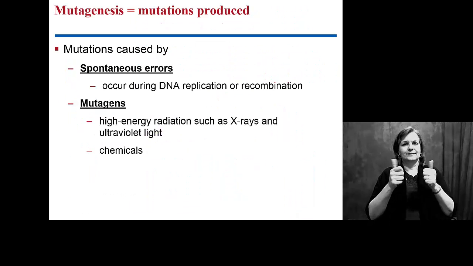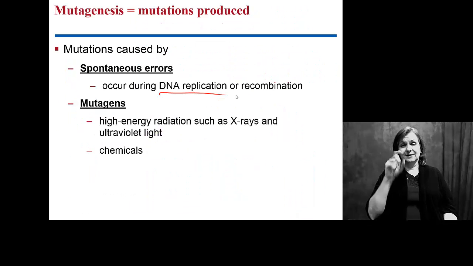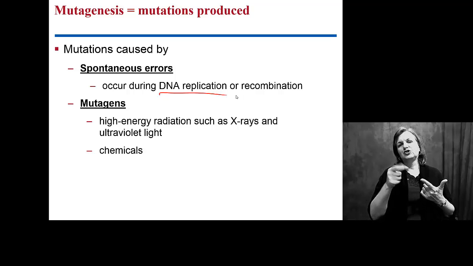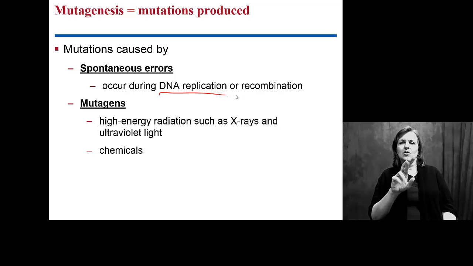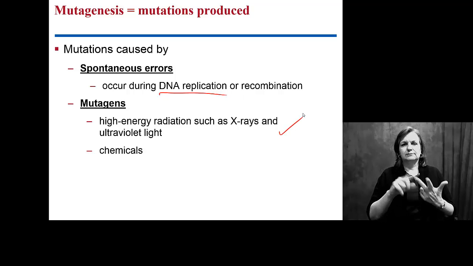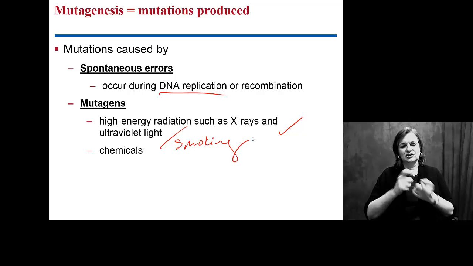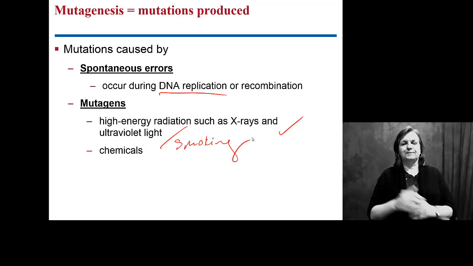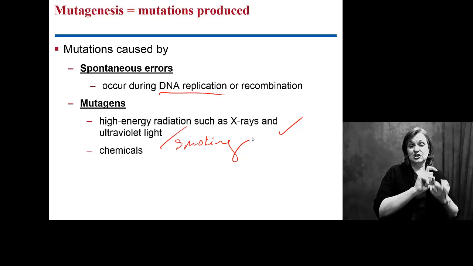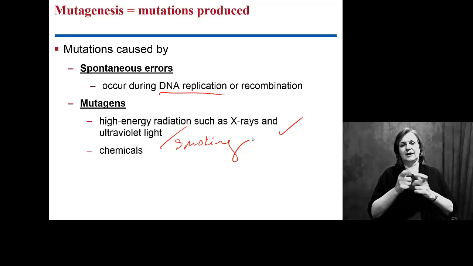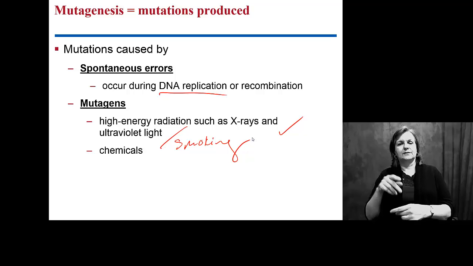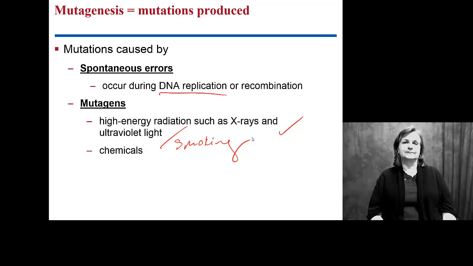These mutations can be spontaneous simply because DNA polymerase screws up. We can also look at mutagens like we talked about with our DNA damage, where you see radiation, UV, smoking, all those sorts of things that would contribute to a lot of these changes in our DNA structure that then change the RNA, that then change the polypeptide or the protein in the end.